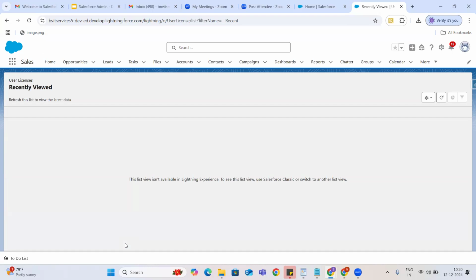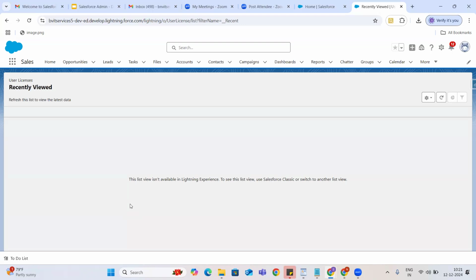To view this, use Salesforce Classic, switch to another list view. So guys, you may not know about this. Salesforce previously had the Classic UI. From 2016 onwards, they have been changing functionality one by one to Lightning.